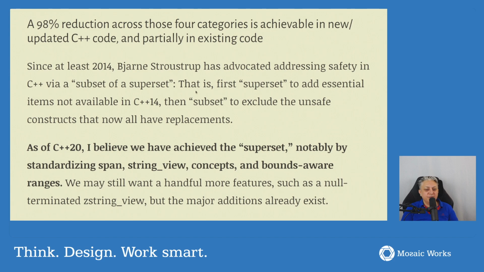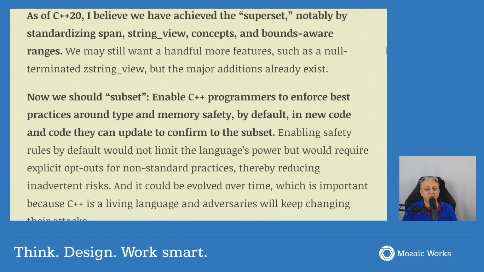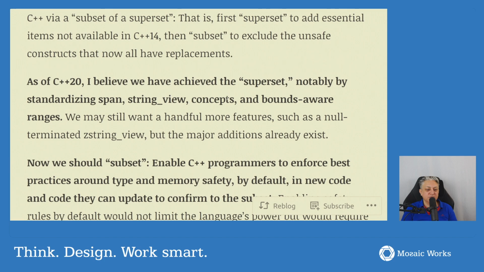Since at least 2014, Bjarne Stroustrup has advocated addressing safety in C++ via a subset of a superset. That is, first a superset to add essential items not available in C++14, then a subset to exclude the unsafe constructs that now all have replacements. As of C++20, I believe we have achieved a superset, notably by standardizing span, string_view, concepts, and bounds-aware ranges. We may still want a handful more features, such as a null-terminated zstring_view, but the major additions already exist. Yeah, so you should be using these,